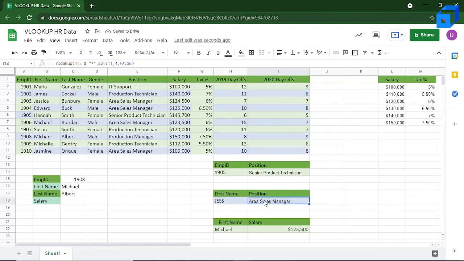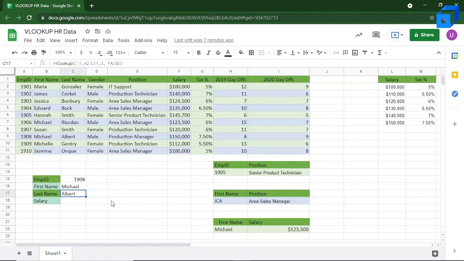So that is correct. And now if you want to use the last letters of a first name, we can do that as well by using the wildcard at the beginning of the name. So let's say you want Ika, and this will change to not available again. Now the wildcard comes at the beginning of the name, so that'll look something like this: the asterisk, and then the letters. And now we'll get the value area sales manager again. So this is how you use a wildcard in the VLOOKUP function.